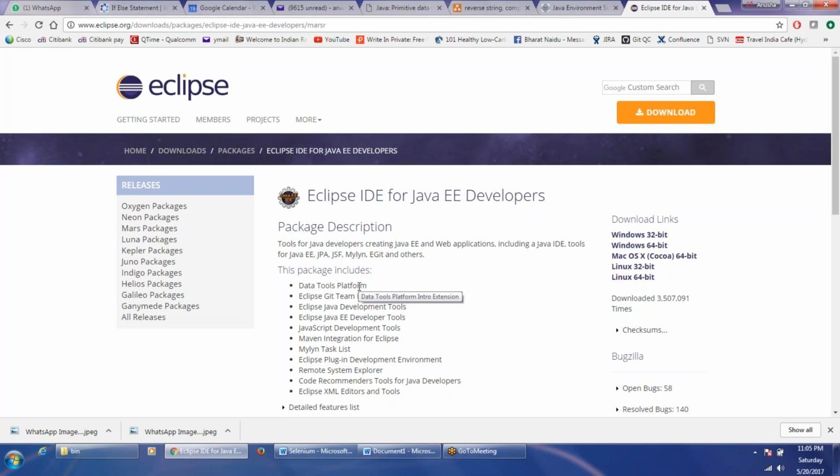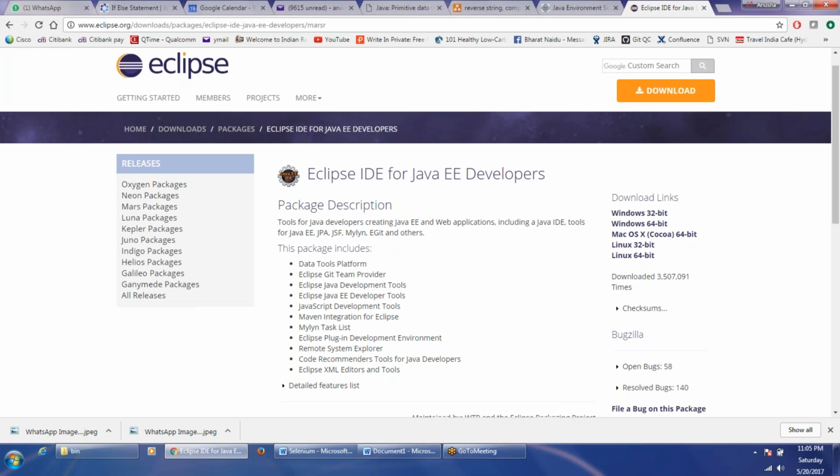The core Java is enough for us. Enterprise Java will consist of Struts and many other stuff which we are not going to use with regards to Selenium. We are going to use only core Java. So when you download,